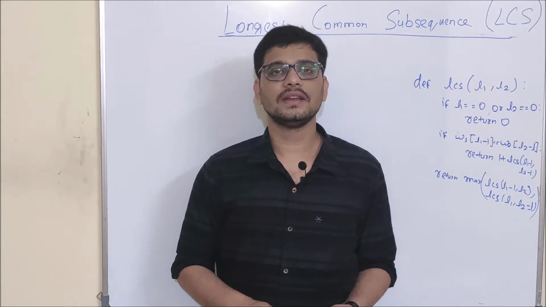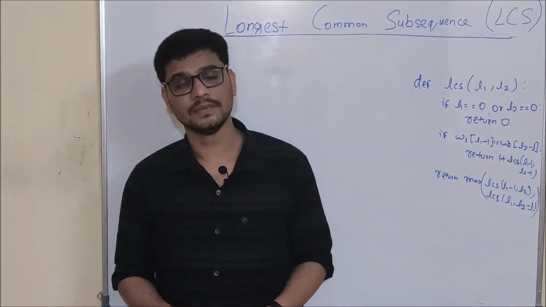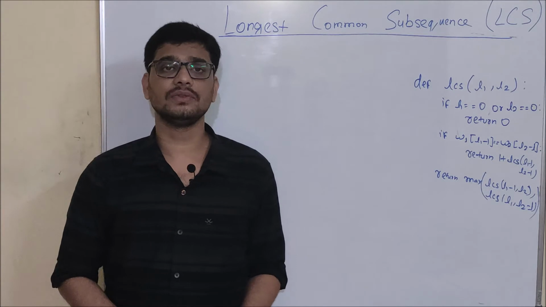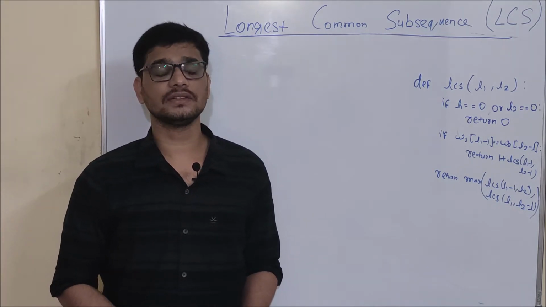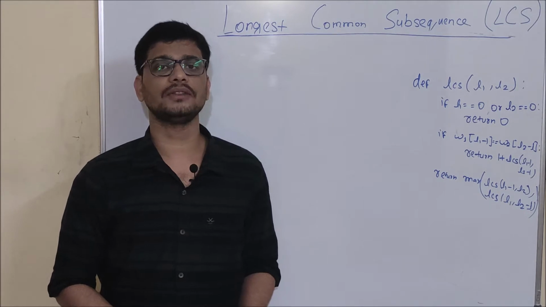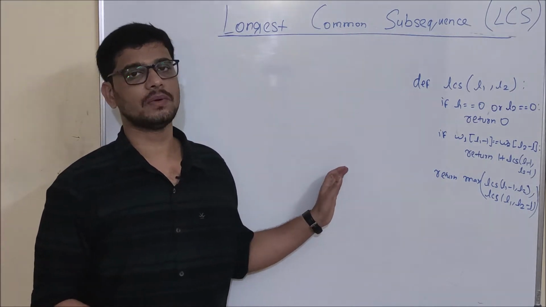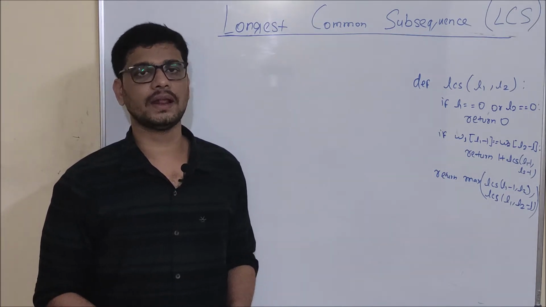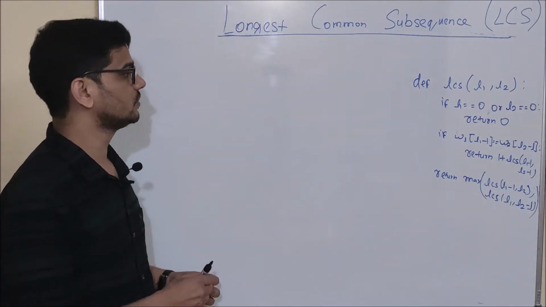Hello friends, in the last video we wrote a recursive program for the LCS problem, and in this video we will analyze that recursive program, that is, we will do a dry run for it. After that we will check if it is satisfying dynamic programming properties or not, that is, the optimal substructure property and the overlapping subproblem property, and it has already satisfied the recursive equation property. After that we will see the time complexity for this recursive program.